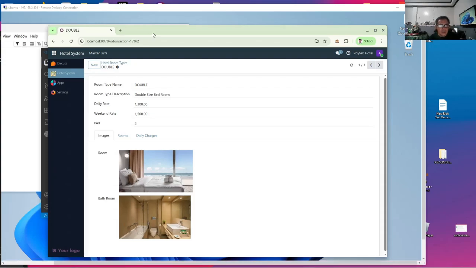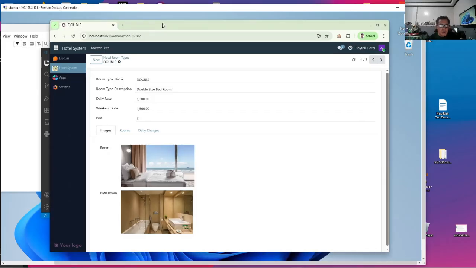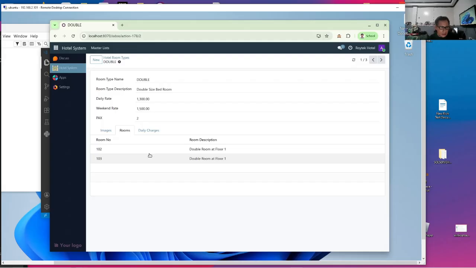In the last video, we made some changes in our hotel room types views that enhance the contents of our web page, our Odoo web page. Particularly, we used a notebook with 3 pages. One page has the image widgets and the images. The other has a read-only list view embedded in it. It's actually taken also from the room IDs, many to one fields in hotel room types.